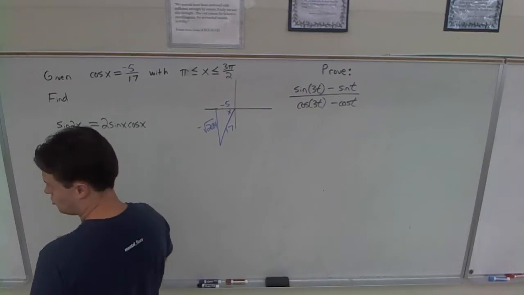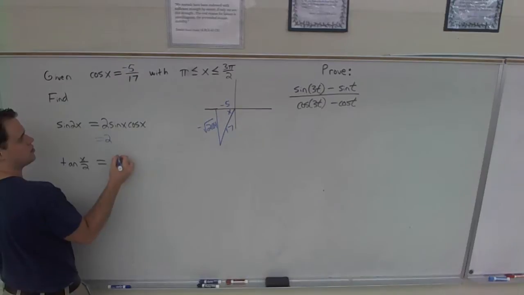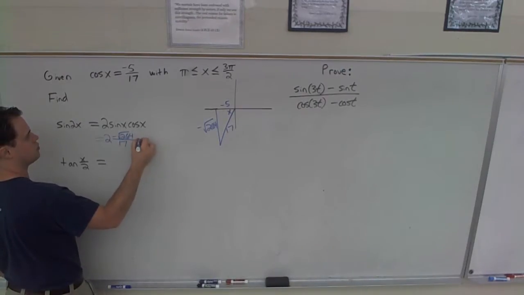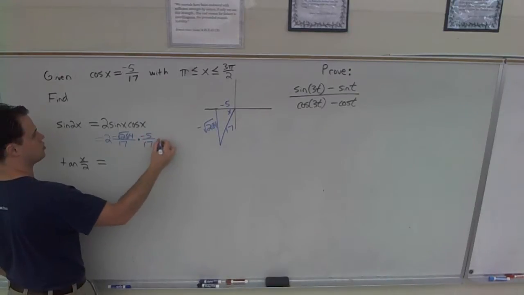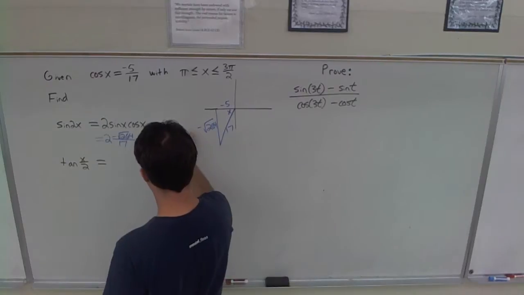We know x. That should be easy. Right? So we got 2 sine is going to be -2 e to the negative x. And cosine we know, e to the negative x minus 1. So that's going to be negative times negative is positive 10